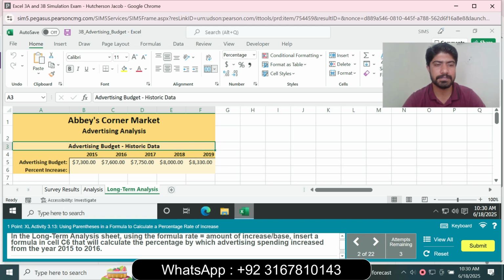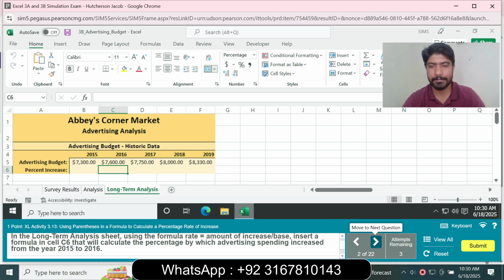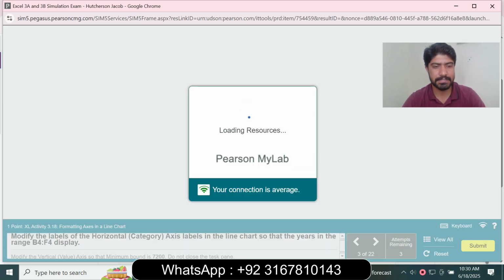Question number 2: in the Long-Term Analysis sheet, using the formula rate equals amount of increase divided by base, insert the formula in cell C6 that will calculate the percentage by which advertising spending increased from 2025 to 2026. So in cell C6,